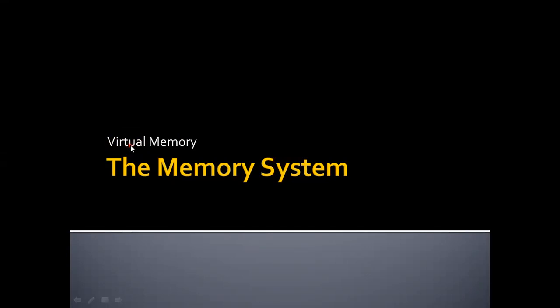What is the main memory? Main memory is nothing but RAM. All the instructions and the data, whatever we require, are stored in the main memory. So why are we introducing the cache memory? Cache memory is used to speed up the operation, that is, to speed up retrieving the data. Whatever data is in the main memory is also in the cache memory. But cache memory is very small in size, while its speed is high. So the processor will be there, cache memory will be there, and main memory will be there.